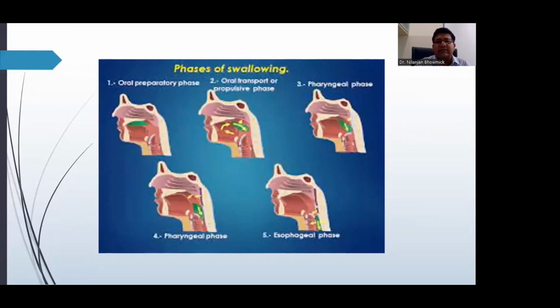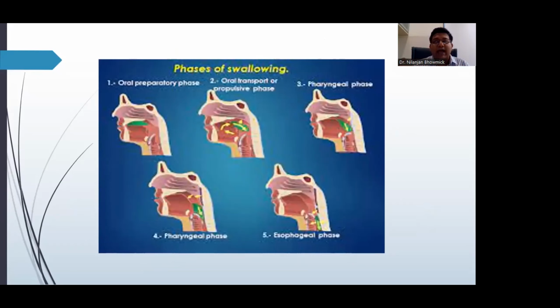What happens in the oral preparatory phase is that the anterior tongue muscles and the oral muscles start forming a bolus. At the same time, the posterior tongue seals off against the soft palate so as to prevent leakage of food from the anterior tongue into the pharynx. Then begins the oral transport phase, wherein the anterior tongue lifts up and propels the food back towards the